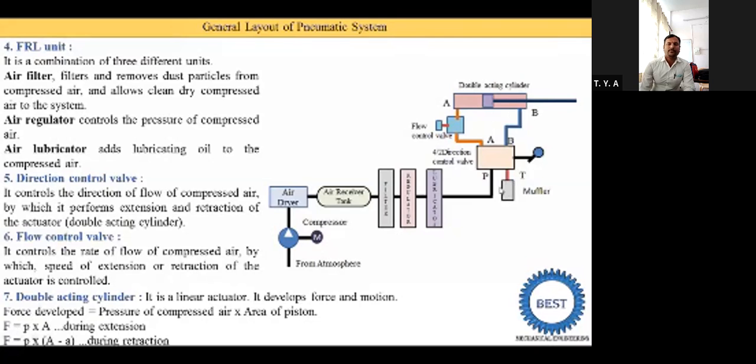And here the muffler is provided to reduce the noise coming out from the return air. In a bike, generally we know that if a small hole is created inside the silencer, our bike creates more noise. Similarly, if we do not provide the muffler here, then the system creates more noise. In a silencer generally two or three things are provided, the converters and the muffler. Similarly, this muffler is used to reduce the noise level when the air goes out from the system. This creates noise, and for reducing the noise we provide mufflers.